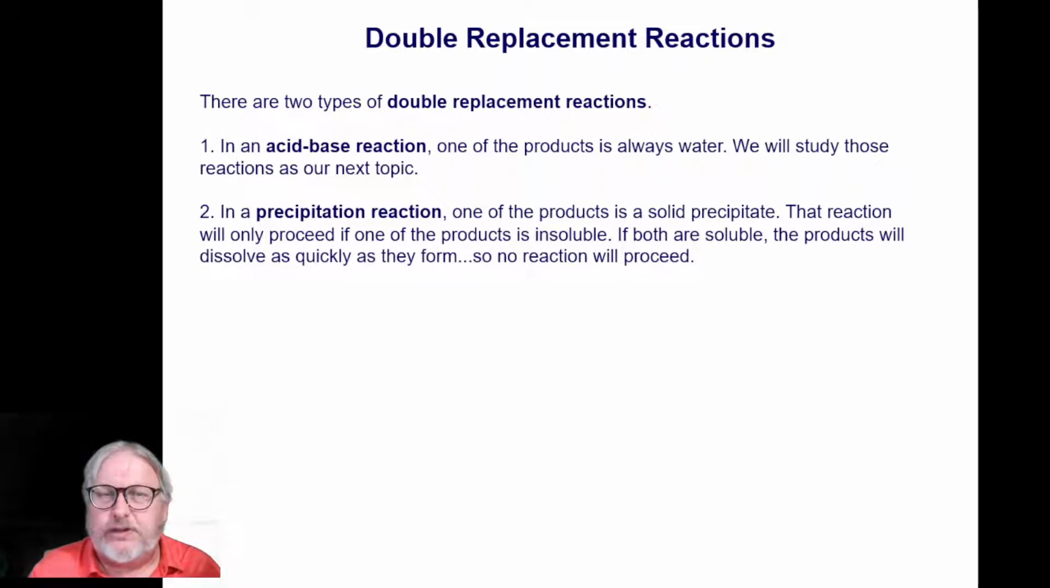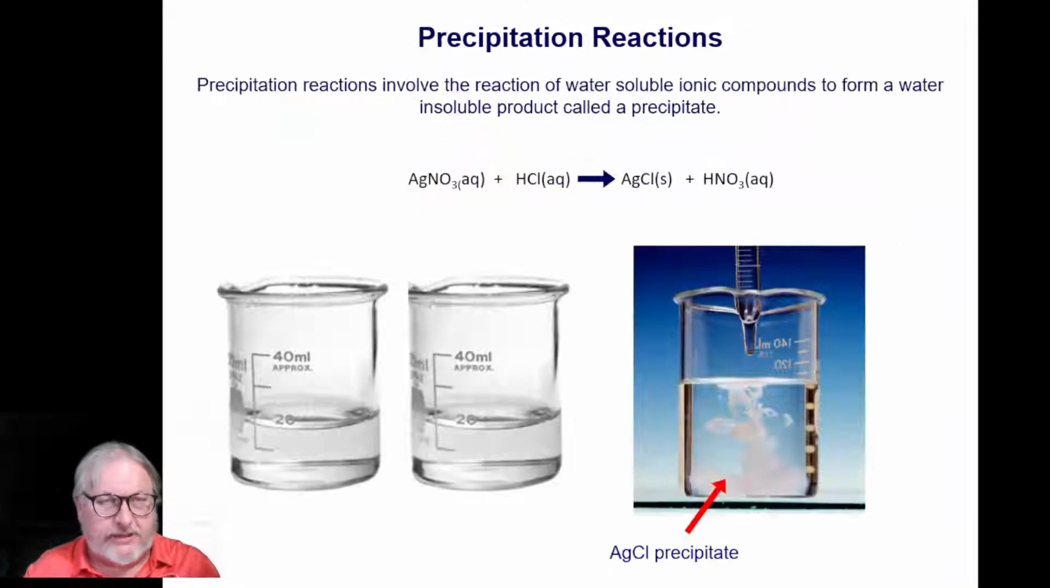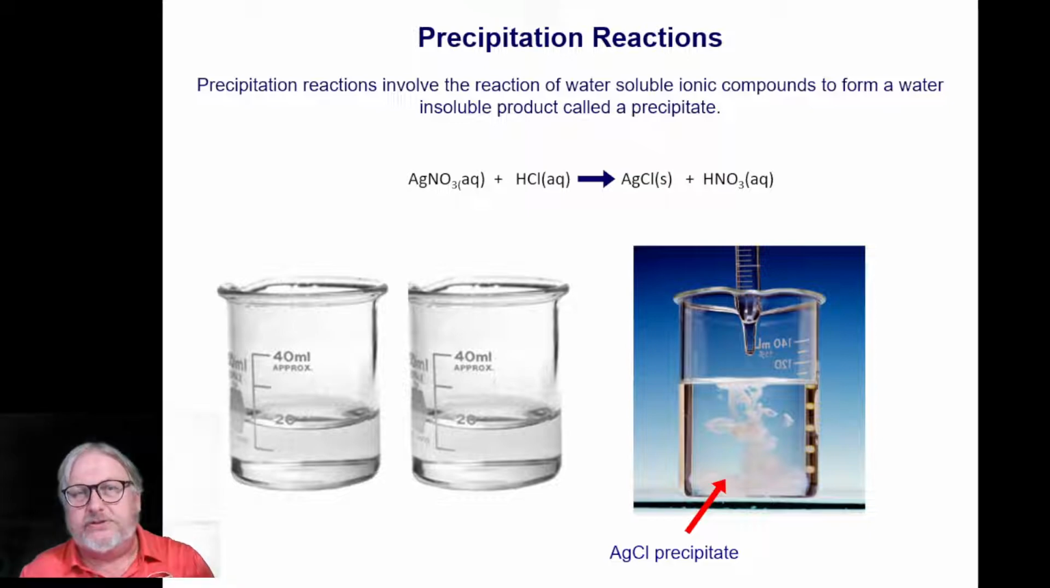Now, this reaction will only proceed if one of the products is insoluble, which means you can't dissolve it in water. If both are soluble, the products will dissolve as quickly as they form, so no reaction will proceed. So, precipitation reactions involve the reactions of water-soluble ionic compounds to form a water-insoluble product